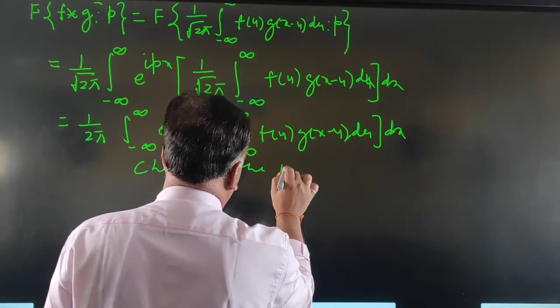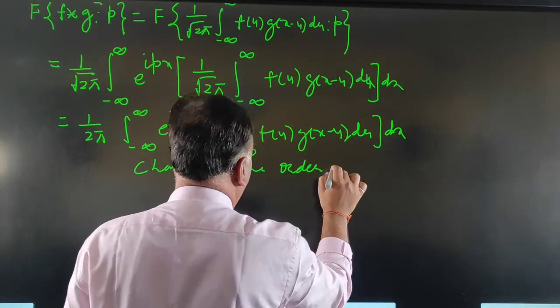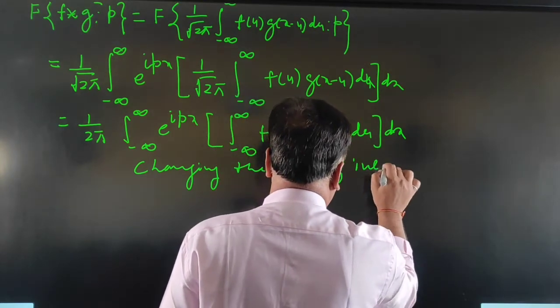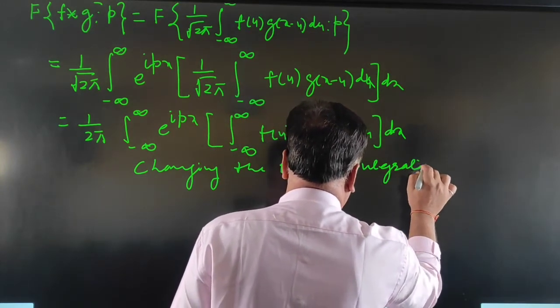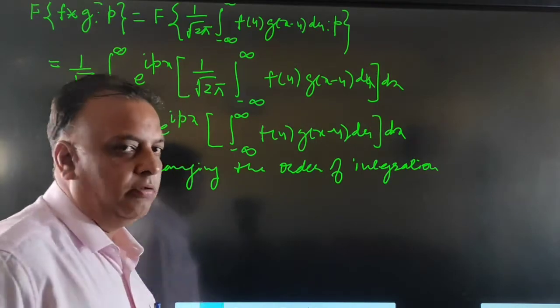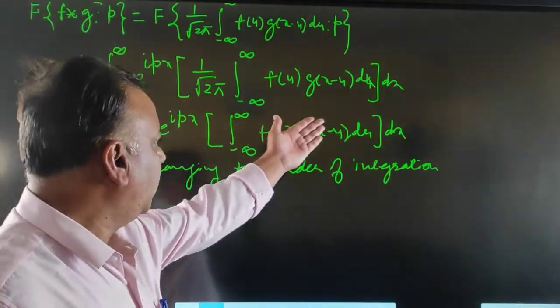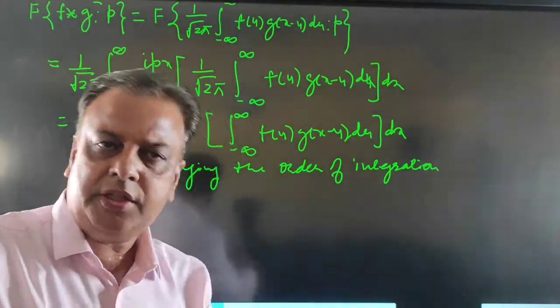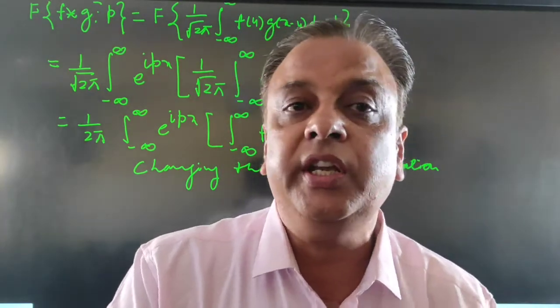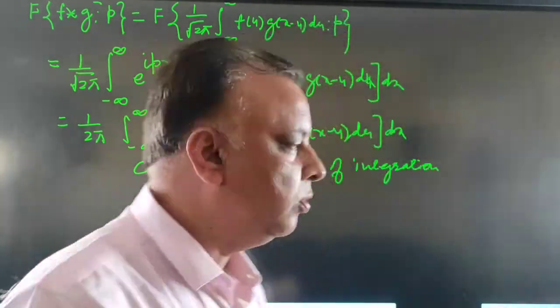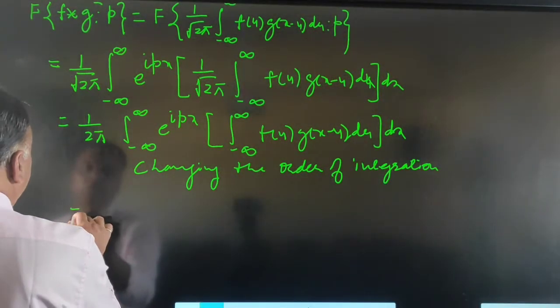changing the order of integration. Here first we integrate with respect to u and then with respect to x. Now we change the order of integration. First we integrate with respect to x, then with respect to u. We get this is equal to 1 upon 2 pi